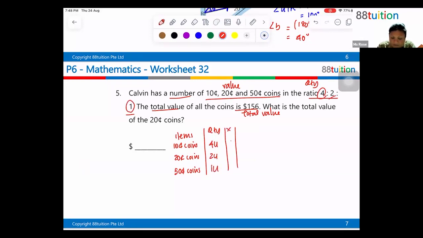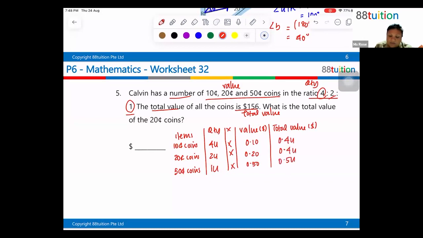Everything must be multiplied by the value in terms of dollars. So 10 cents is 0.10, 20 cents is 0.20, and 50 cents is 0.50. If I multiply them, I will get a total value of 0.4 units dollars, 0.4 units dollars, and 0.5 units dollars. Now,